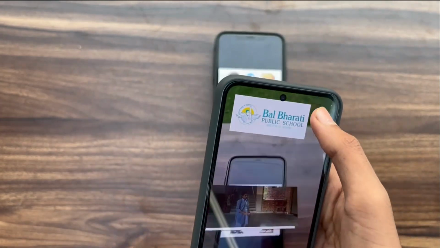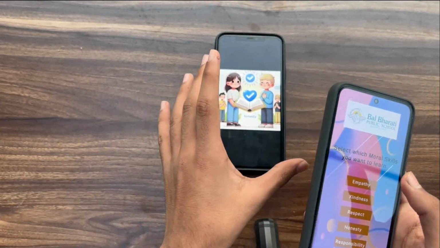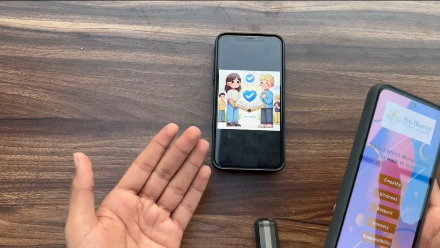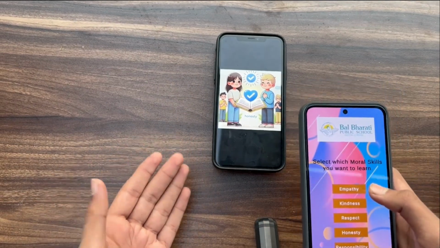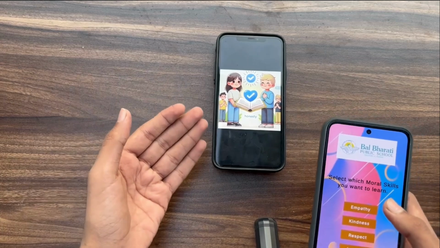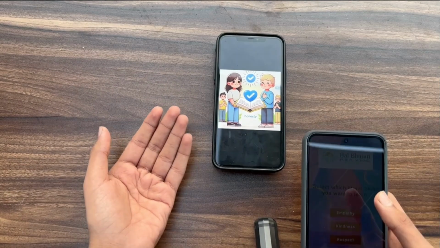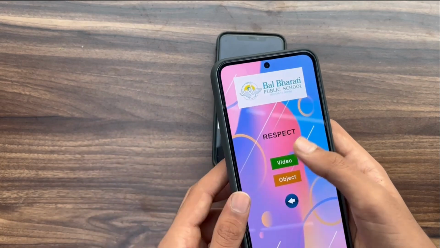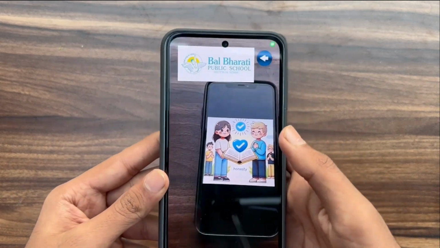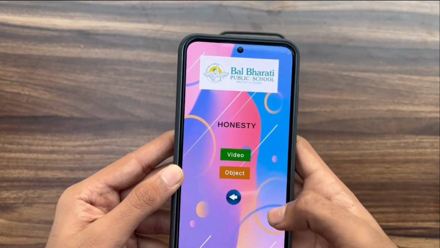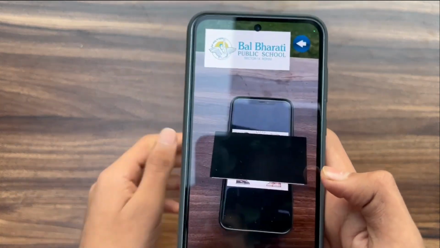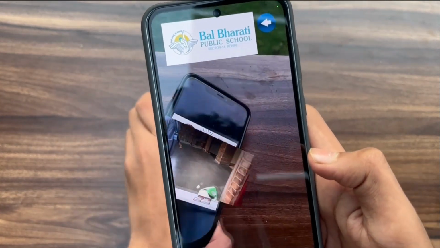You can see that the object floats right in front of the image, our trigger image, which basically works like a QR code. The illustration is laid on top of the QR code, and it is overlaid in the real world using our app. Let's look at it once again. Sorry, that's the wrong one, honesty. You can see as we select it again,